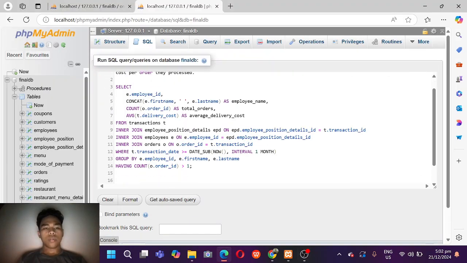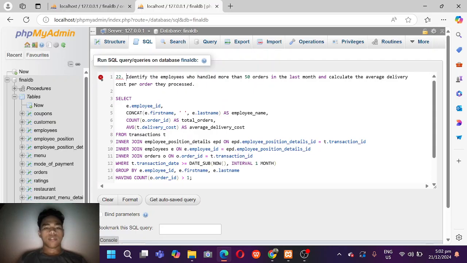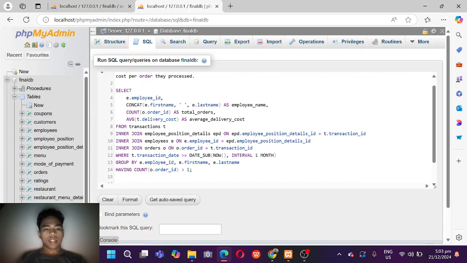In number 22, the problem is to identify the employees who handled more than 50 orders in the last month and calculate the average delivery cost per order they processed. The first thing we need to do is select the employee and the primary key, concatenate the employee first name,